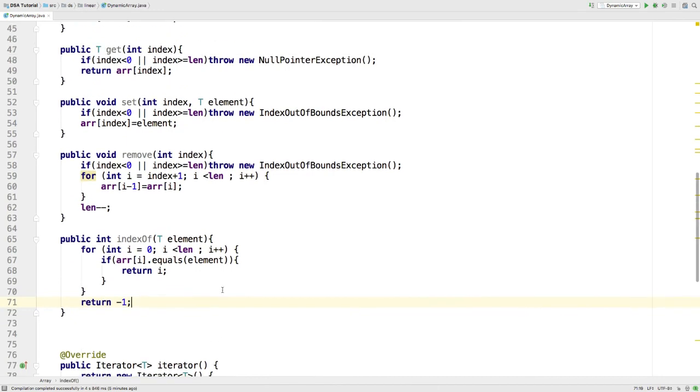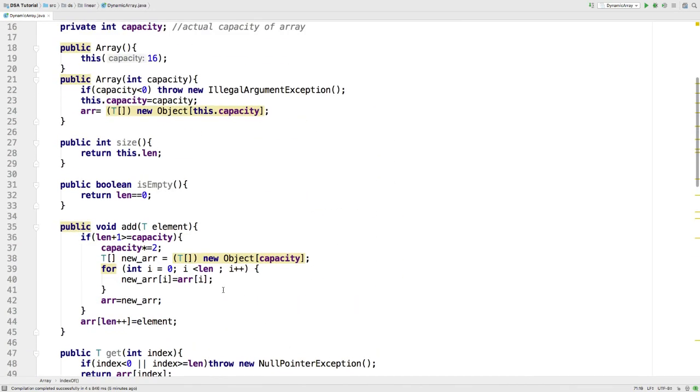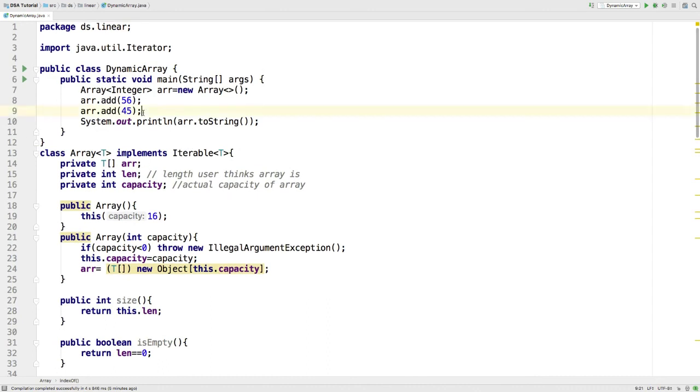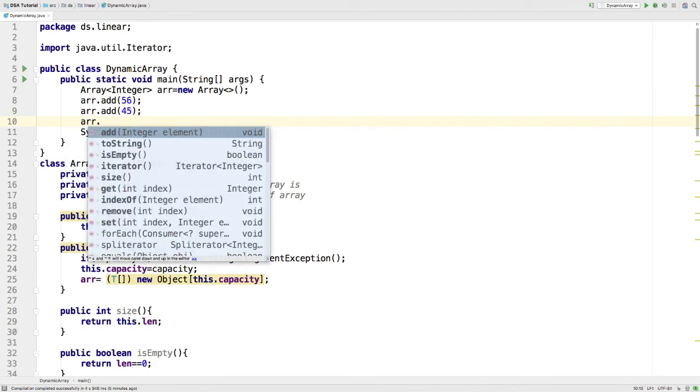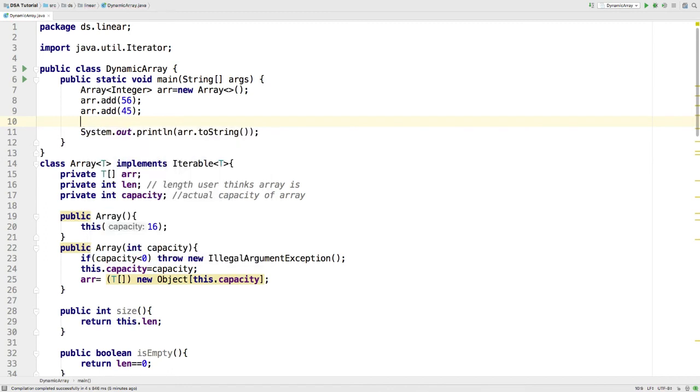Let's check if all these methods are working or not. So we saw that the add method is working. So now let's get an element.